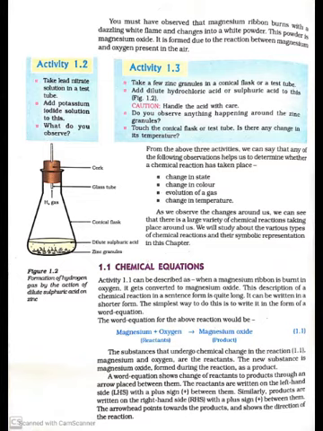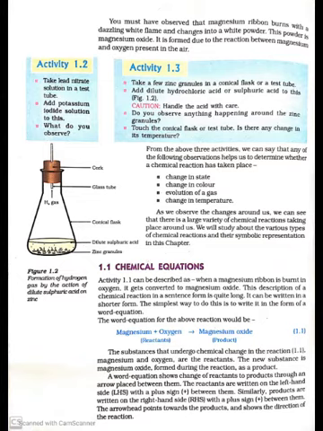1.1 Chemical Equations. Activity 1.1 can be described as: when a magnesium ribbon is burned in oxygen, it gets converted to magnesium oxide. This description of a chemical reaction in sentence form is quite long. It can be written in a shorter form. The simplest way to do this is to write it in the form of a word equation. The word equation for the above reaction would be